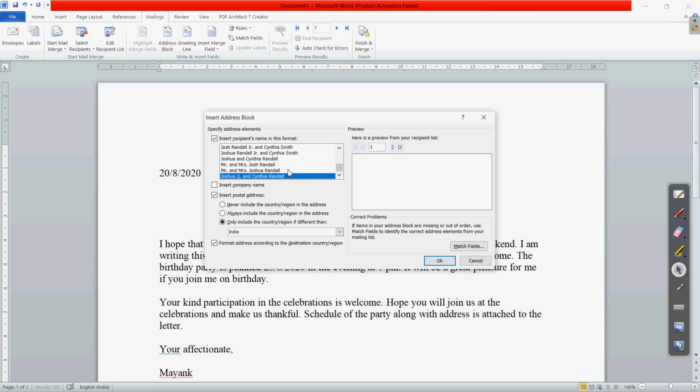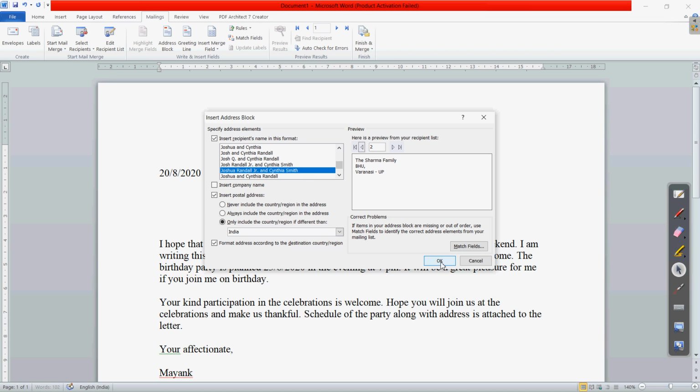So as right now, here you can see whatever the address we have written, it is being displayed to us in this format. Clear? And different names are here. So whatever the format is there, if we are inviting for the whole family, we can write it like that, or if that individual person. So by choosing these different formats and all the person names which we have written, the same is now shown to us in the preview.